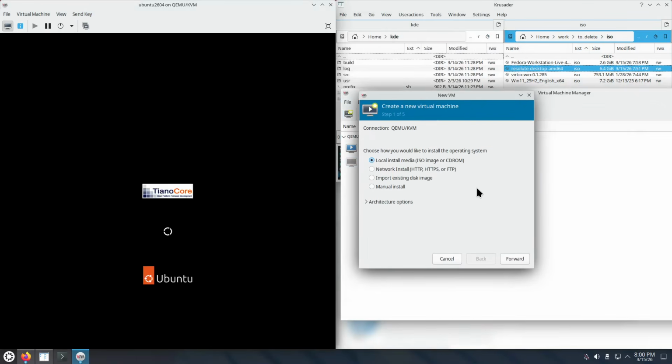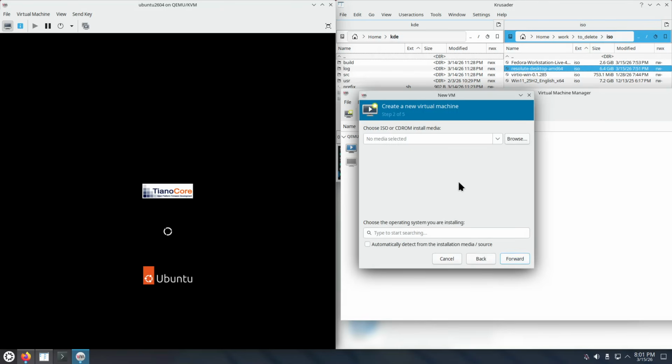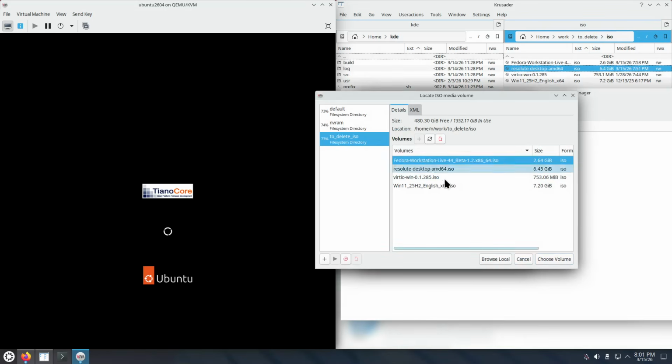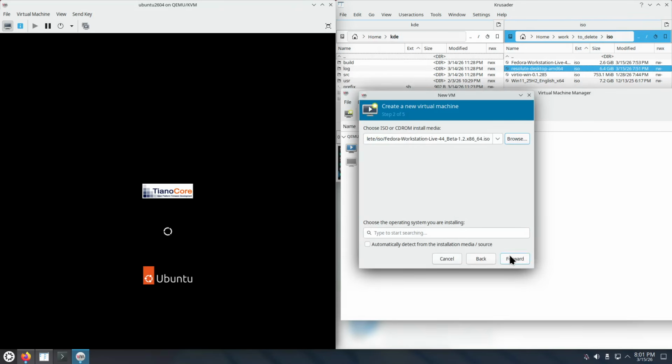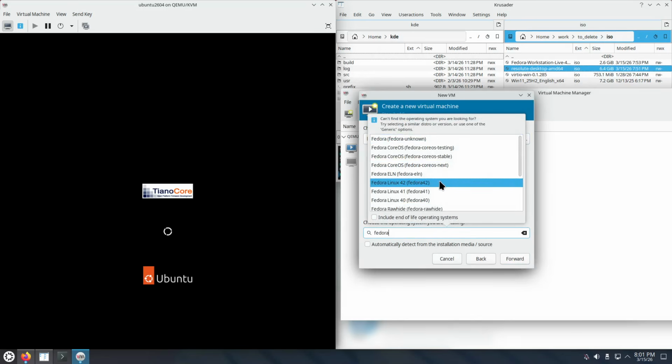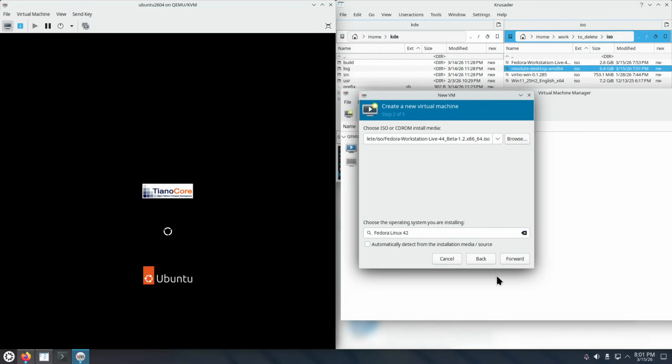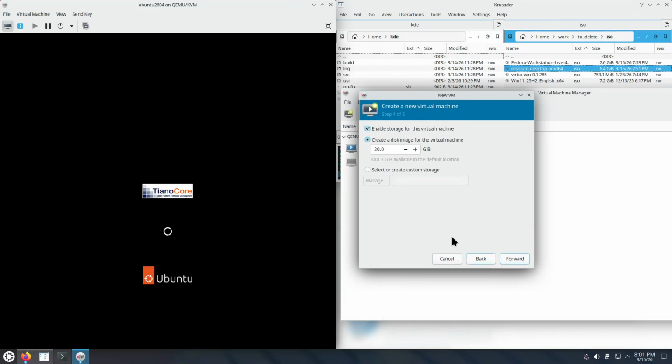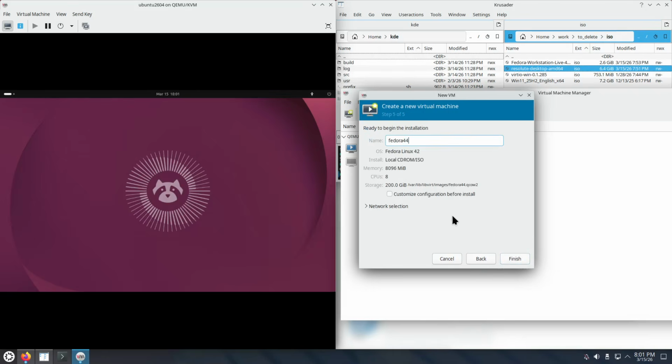And finally, we can create the second virtual machine for the Fedora Workstation 44 ISO. Browse, Fedora Workstation, choose volume, Fedora 42, forward, 8, 8, forward, 200, forward, Fedora 44, customize, finish,